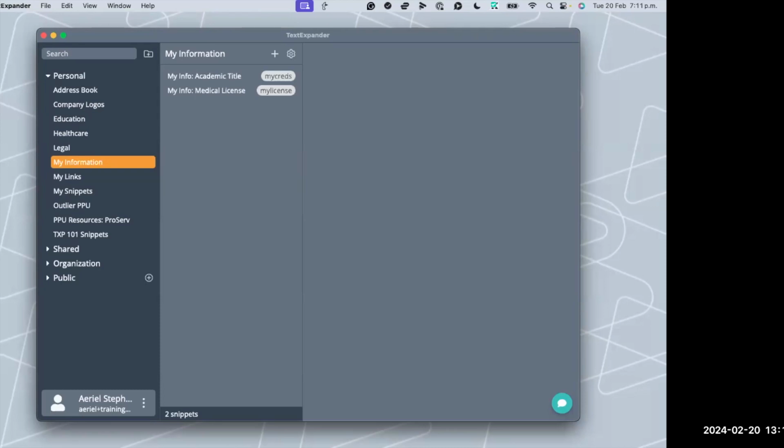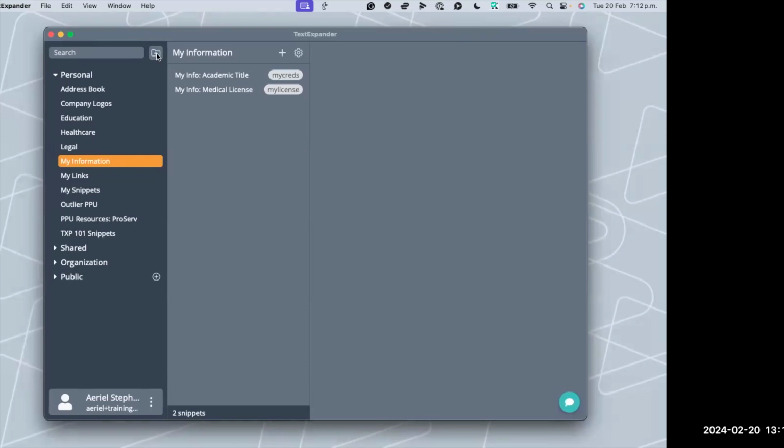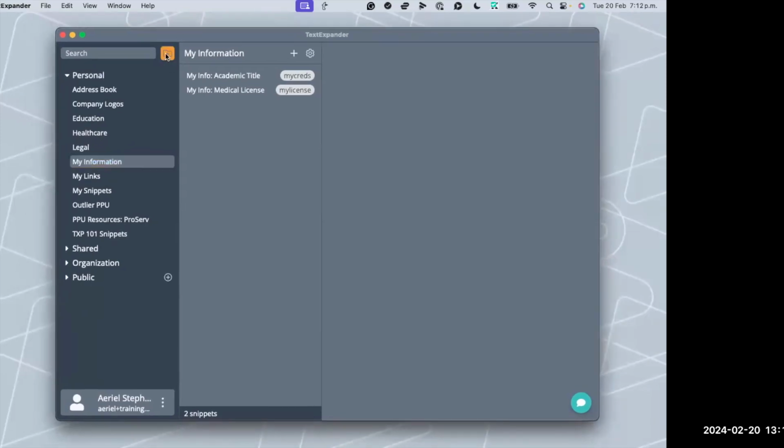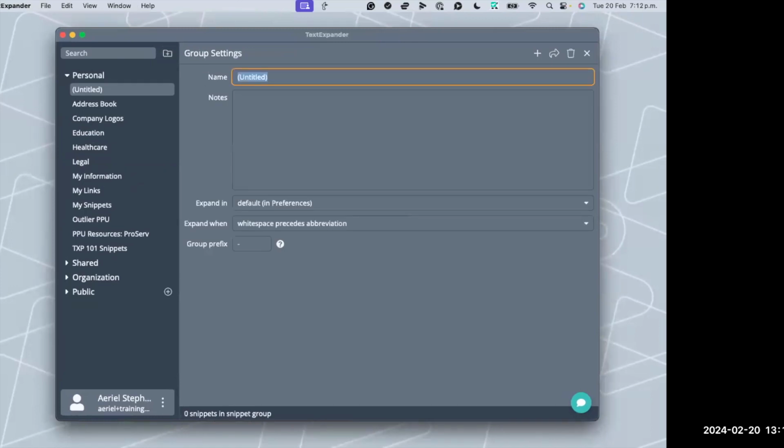And the main thing is really try not to create or treat one group like a big bucket or a catch-all for all of your work, with things that aren't even related to each other all living in the same group. Okay, so when you want to add a new group, you can do that by selecting this new group button in the top right-hand corner of this far left pane of the app. And the group settings will open up to the right.